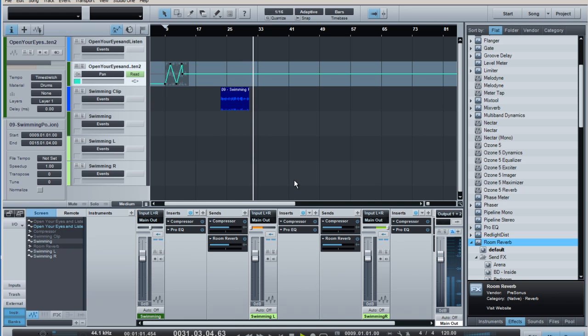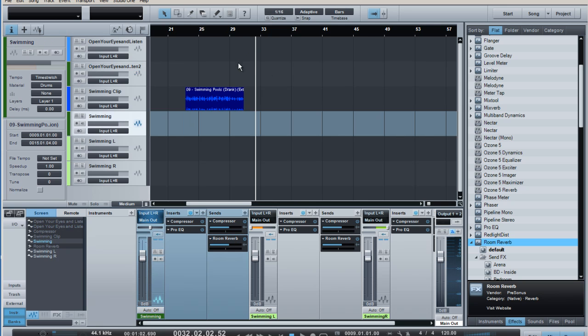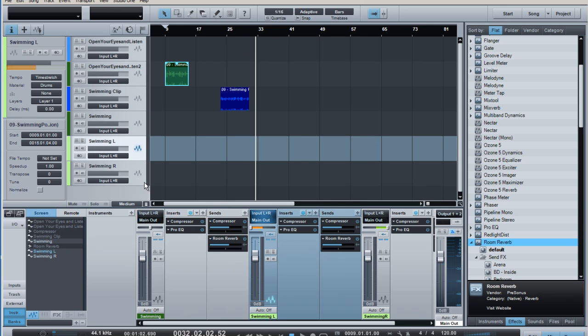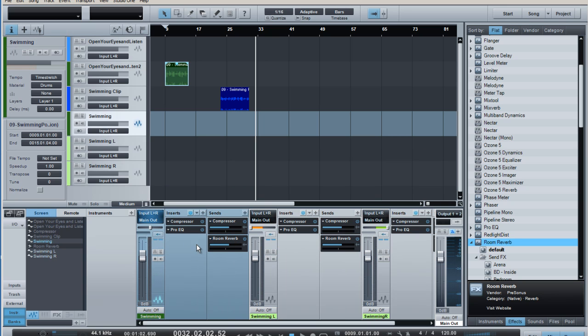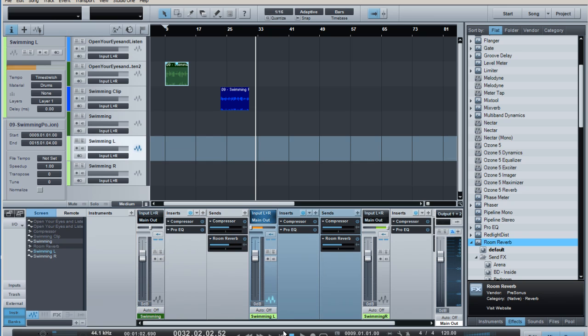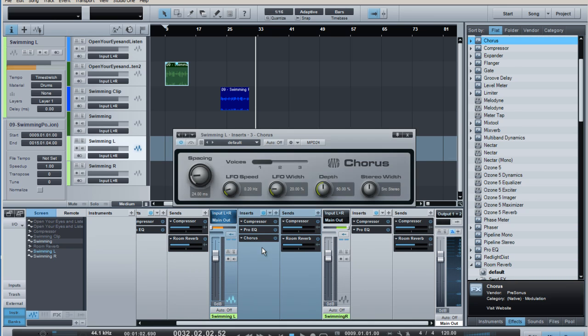Okay, and then for those parts, there is basically your main vocal in the middle, which would be this one, and then you have the swimming ones on the left and right. The way I think he did this: you just mix the main one like a regular lead vocal. Then you mix these ones, and then you'd probably end up throwing chorus on it, or mess around with these,